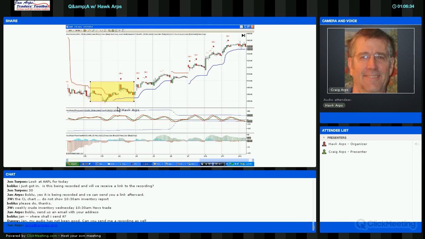You can see price is pretty much going sideways, but you can see the sellers are running out of steam, and the buyers actually get a little bit there. So I'm seeing the sellers running out of steam here, and the buyers we're seeing now is still pretty strong